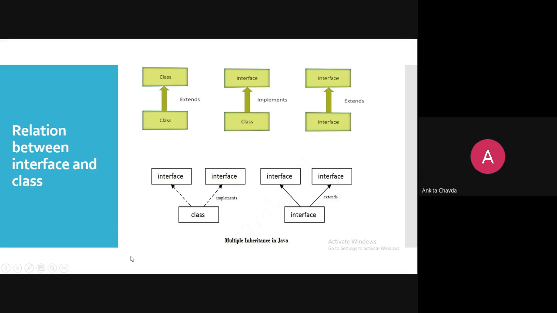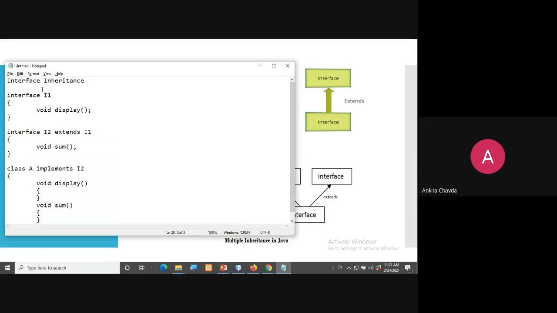Fine. Now how are we achieving multiple inheritance in Java? We have already discussed this in yesterday's session: how you can achieve multiple inheritance if you have two interfaces, I1 and I2. For simplicity, I'm removing this right now.